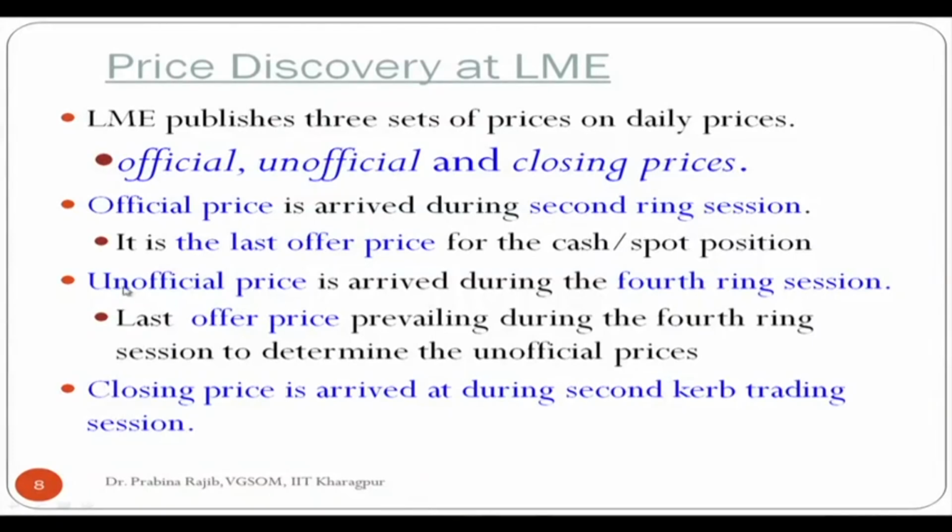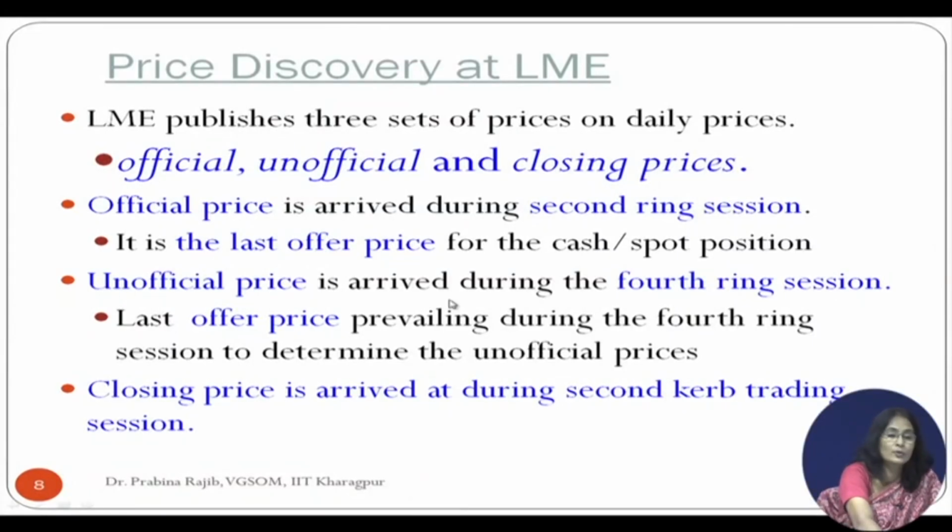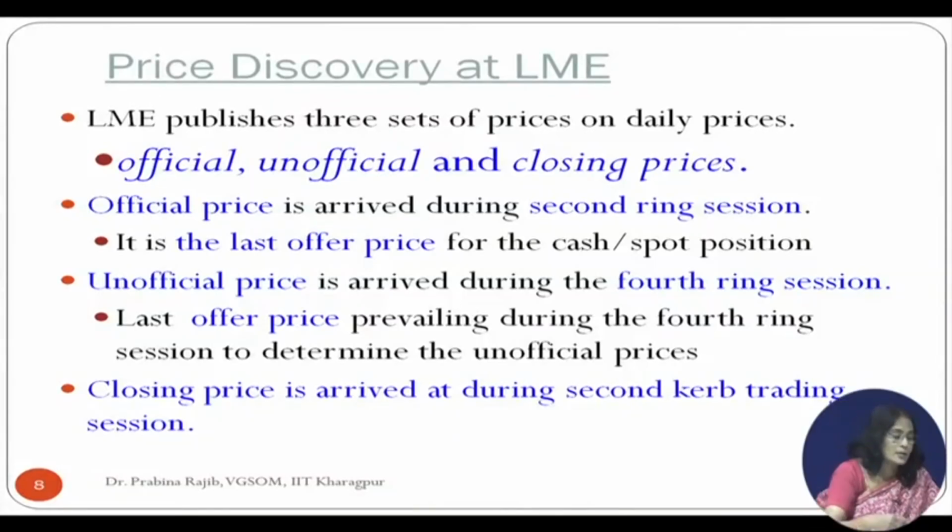Similarly, what is the unofficial price? Unofficial price is the offer price for the spot trading of a commodity during the 4th ring session. So in the afternoon, in the second session, that is the 4th ring session, what is the last offer price that came from a seller during that 5 minute slot? That will be known as your unofficial price. And what is the closing price? Closing price is arrived at during the second curve trading session. So let me take you to the